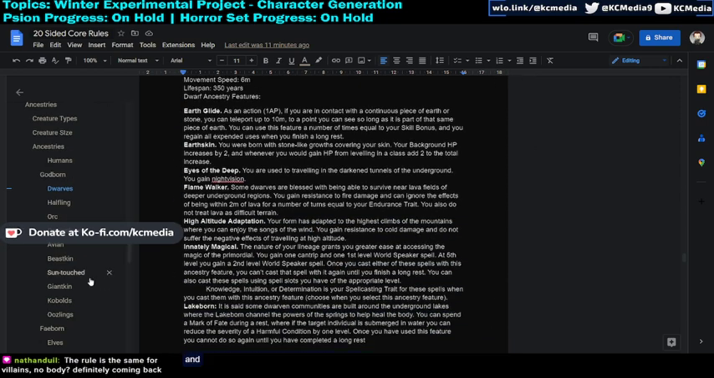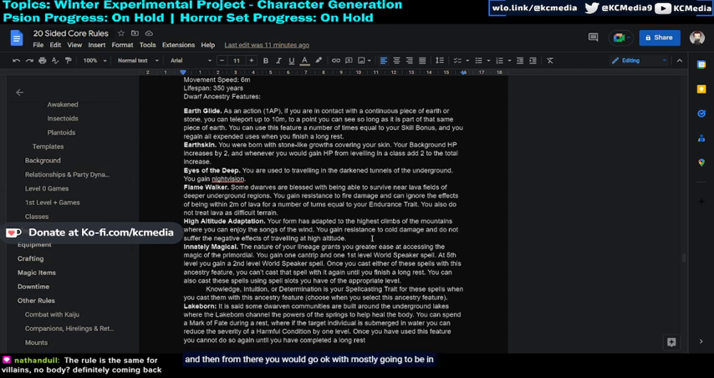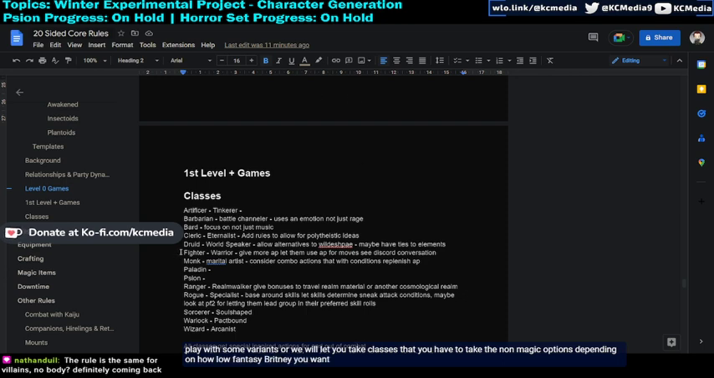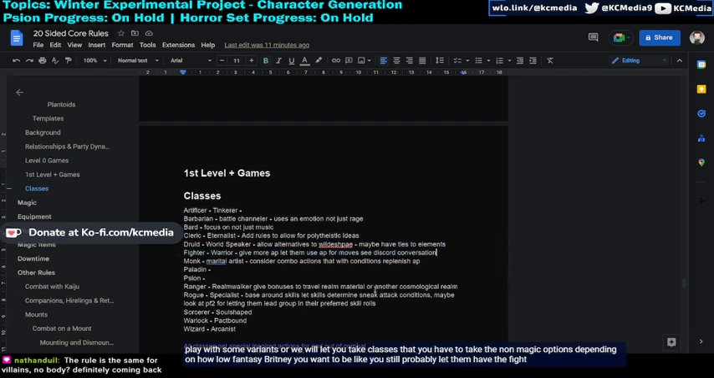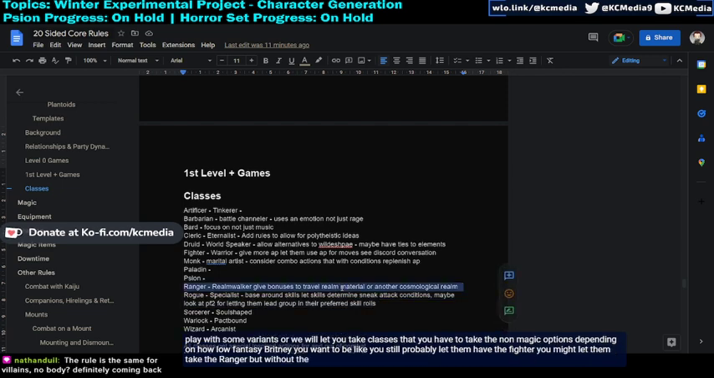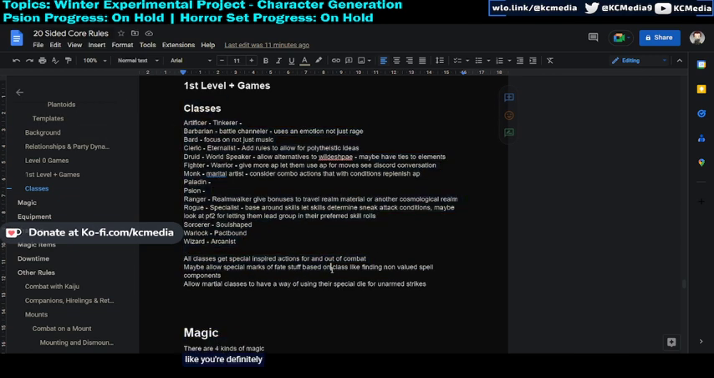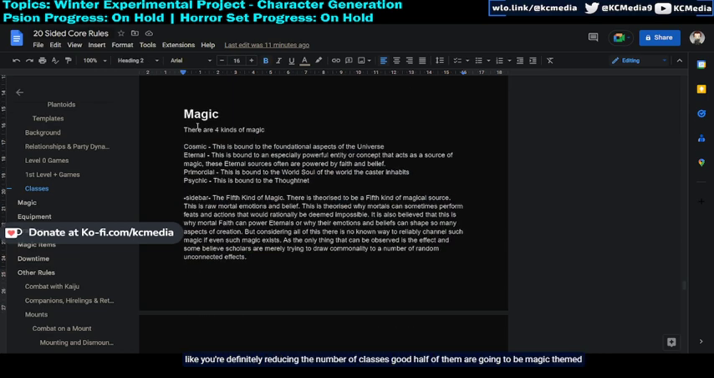And then from there you would go, okay, we're mostly going to be level 0 play with some variants, or we will let you take classes, but you have to take the non-magic options, depending on how low fantasy gritty you want to be. Because you still probably let them have the fighter, you might let them take the ranger, but without the spellcasting, maybe without the animal companion. You're definitely reducing the number of classes, because half of them are going to be magic themed, but you could do that, and I want to make sure that I mention which dials you turn